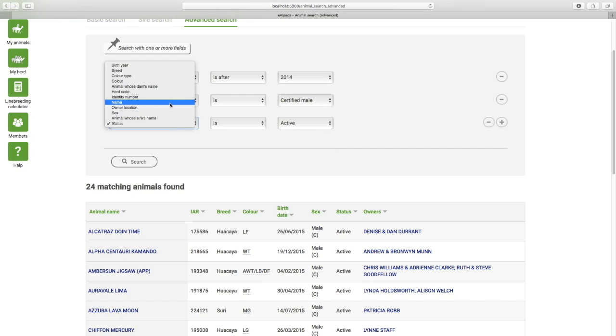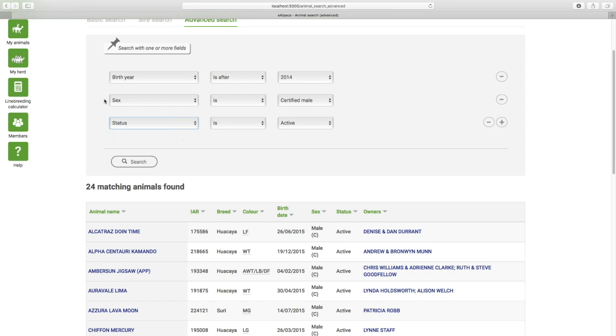By owner location, so if you're looking for a sire in your region, all of that searching is available there. So hopefully that'll give people the power to do the very specific searches that they want to do from either a curiosity or a breeding point of view. All right, so we've covered the animal searching, animal viewing, and animal editing. There is one other kind of editing that I wanted to make you aware of, and that is the herd